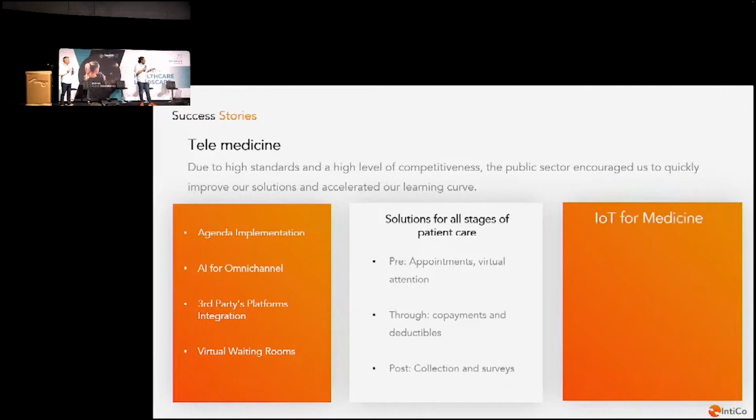That's why, I'm sorry, where is the laser? Here. That's why we move forward to implement artificial intelligence for omnichannel. So these 4 steps: we first start with the agenda, then we move forward to omnichannel, then to the third-party platform integration. So all these steps are based on our feedback. So as I said, it's more like a qualitative